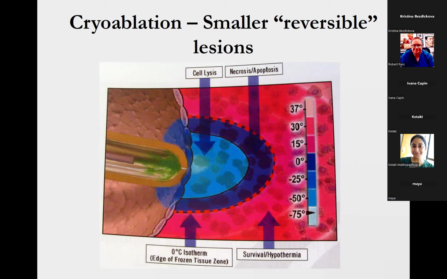Now, people who use cryo more frequently will tell you that what I just said is erroneous. But what they do in order to increase the efficacy is they put many, many more lesions in. So typically in an RF ablation, we might put 2 or 3 lesions in a particular focus. People who do cryo almost exclusively will typically put 5 or 6 or even 7 applications at the same location, essentially just creating a bigger and bigger cryo lesion there.